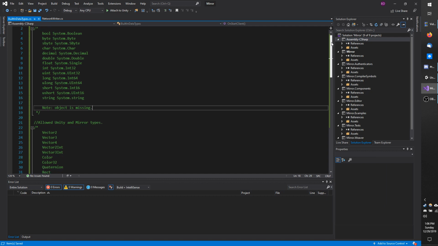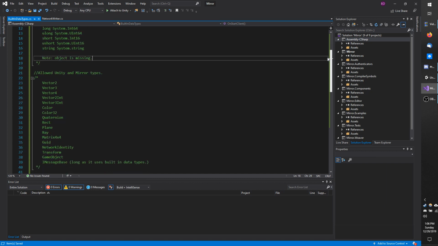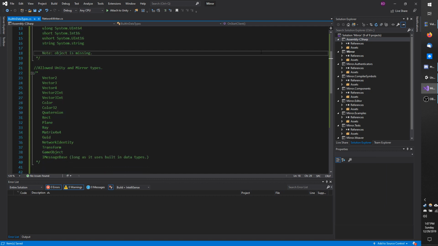Next, you have custom types, which are part of Unity and Mirror. These include Vector2, Vector3, Vector4, and several more. You can even send GUIDs, network identities, transforms, and game objects. Keep in mind though that if you send a transform or a game object, it must have a network identity